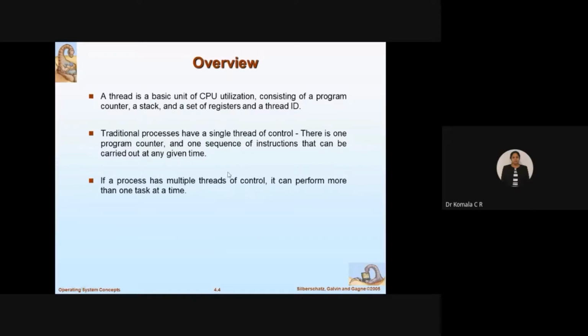In the control of this execution of multiple threads, how will I do it? I can go for more than one task at a time. All of this, program 1, program 2, program 3, 4, 5, can be executed at a time. How is that? I will explain with the help of a diagram.